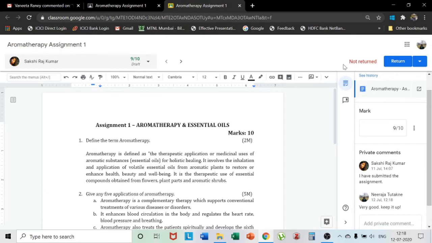Still, it is in non-returned form. Non-returned form indicates that you have assigned the marks, you have evaluated it, you have given the marks, but it is yet to return to the student, the student is yet to get information about it. So when you click on the return button, you can go back to the original form. So here also there are two options. If there are multiple assignments, then you can return multiple submissions. If there is only one assignment, you can simply return the current assignment. So I have checked it, I have allotted the marks, and I am now returning it.